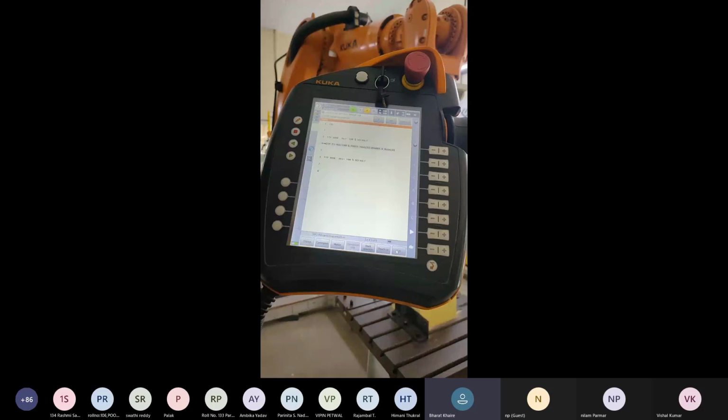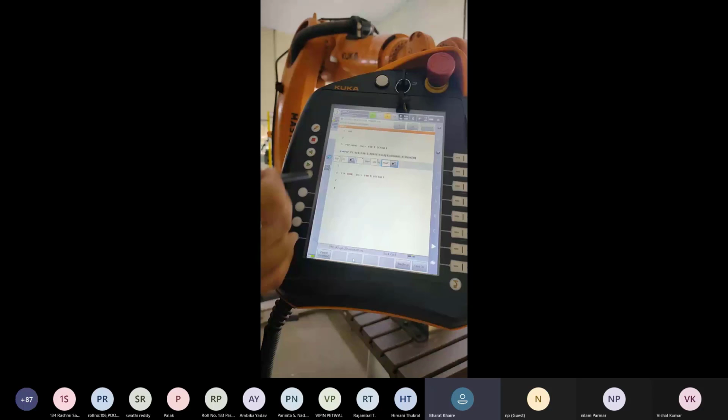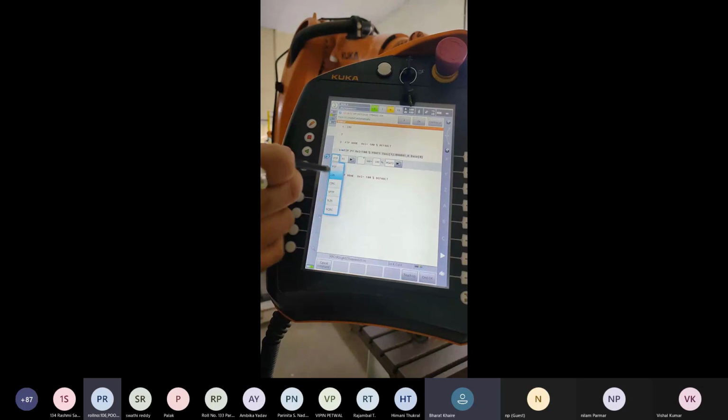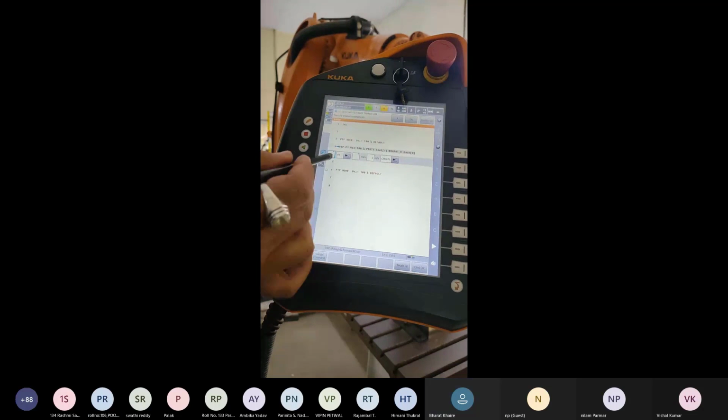Okay, next position I am giving here Z minus. That is the second position and it is the start point of the square. So we can give here a line command. Okay, it is not a PTP, it is a line command. It will go straight as a line.